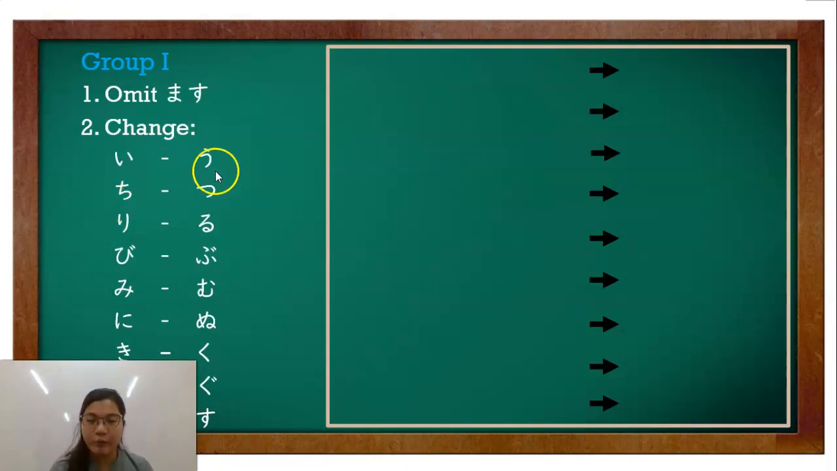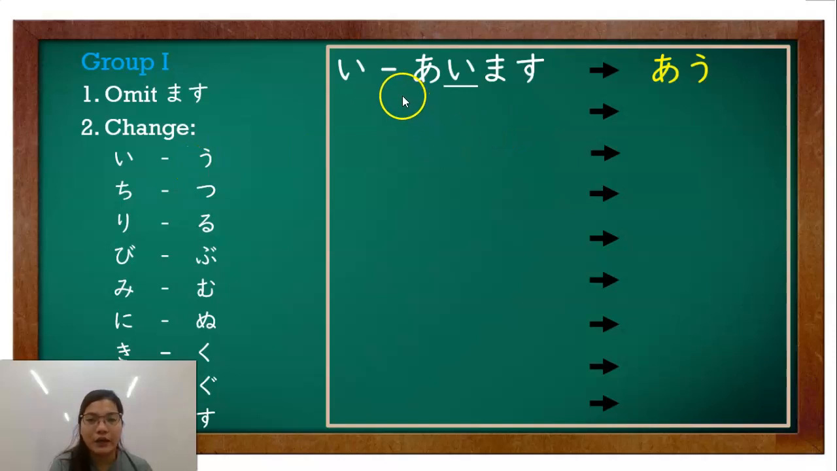The rule of group 1 is to omit masu and change the I sound to the U sound. So I becomes U. For example, our verb here is imasu. I becomes u. So you omit masu and change i to u. That means imasu becomes iu. Okay? Next,